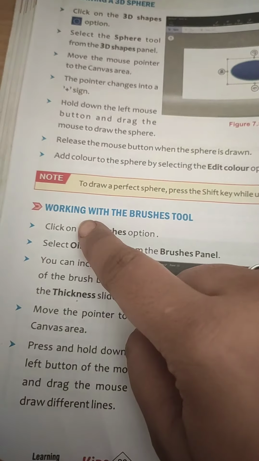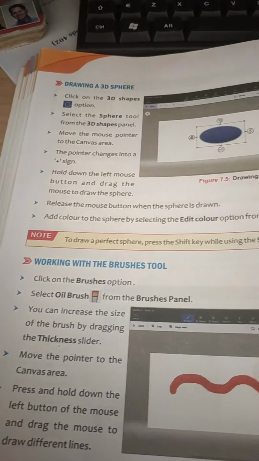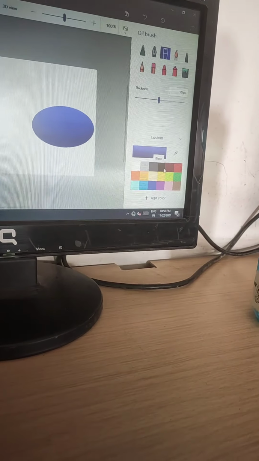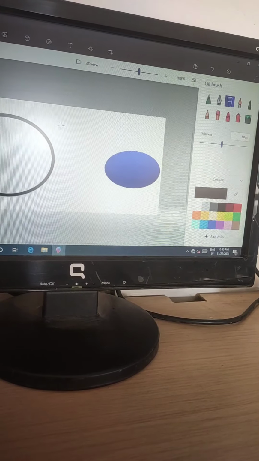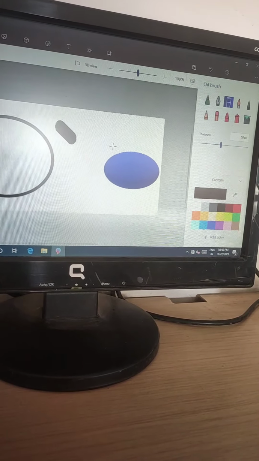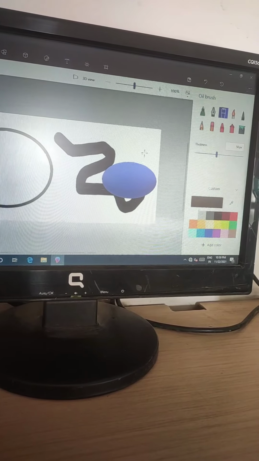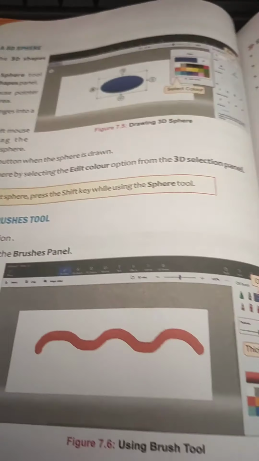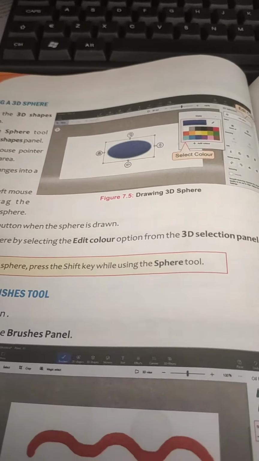See, we are doing this topic, working with brushes tool. So many brushes are there, you can choose any brush. Now choose the color of your choice from here. I am choosing black color. Now when I draw this, see, my oil brush is drawing the figure like this. So any line you can draw with your oil brush also.